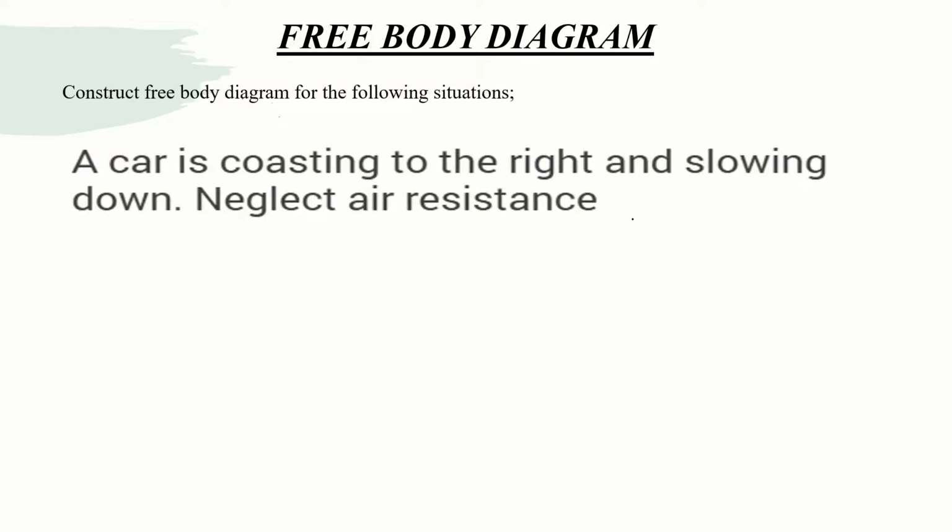Also, we have a next question. It reads, a car is coasting to the right and slowing down. We are asked to neglect air resistance. The first thing I do again is to draw my box. Now, what are the forces acting on this object? It says the car is coasting to the right and slowing down. Now, because the car is applying brake at this point and slowing down, there will be a frictional force acting on that car,